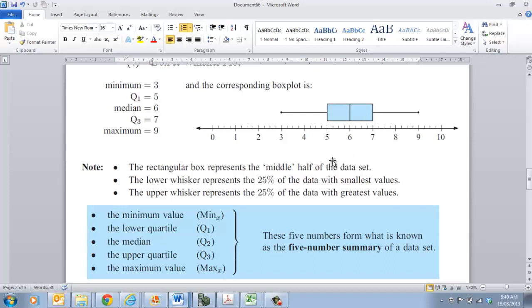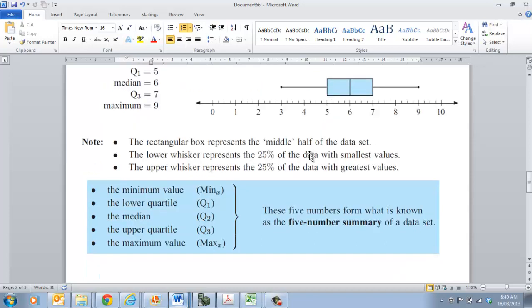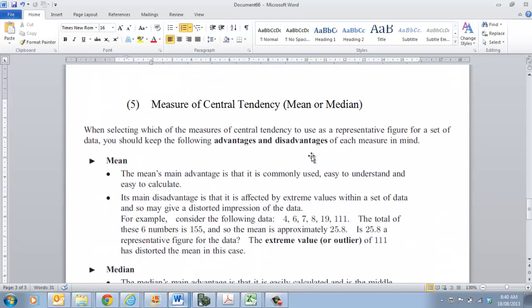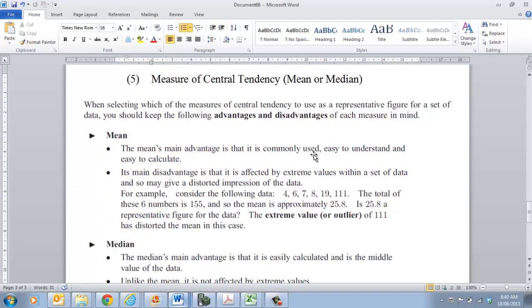So, because it's a valid piece of data, you'd need to include that. But if you're doing an experiment where you've got a value that you knew was probably from an incorrect measurement, then that would be a valid reason to actually take that bit of data out. Alright, so you need to be thinking about that and making smart decisions about that. Now, the key thing that we'd like to do with all this data, and the reason why we present it that way, is so we can look at 2 terms. The first one is the mean value, and the other one is the median value. Alright, so we want to be able to look at those 2 values, and there are some advantages of both